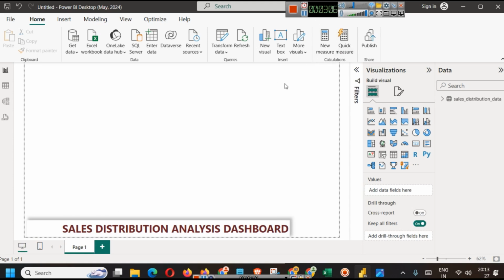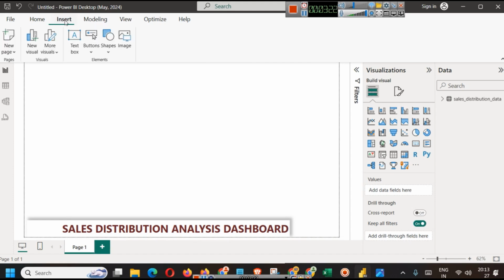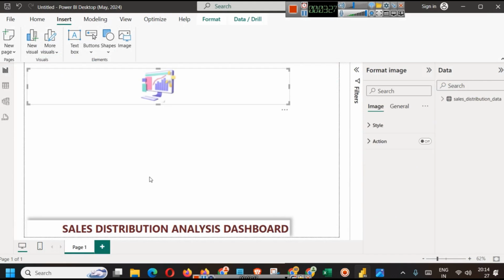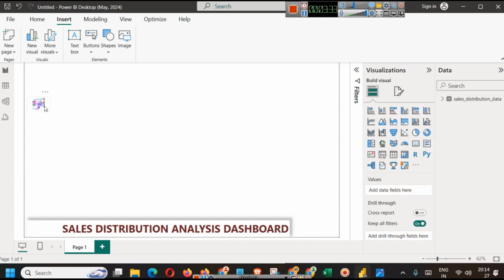To insert one icon, I have downloaded some assets from Canva. You can download different other types of assets. There are multiple sources from where you can do this. So let's start that. And to add image assets here, you just have to go to insert and click on image. I will simply select this icon here and resize it so that it fits the